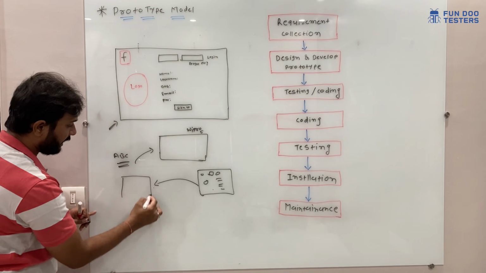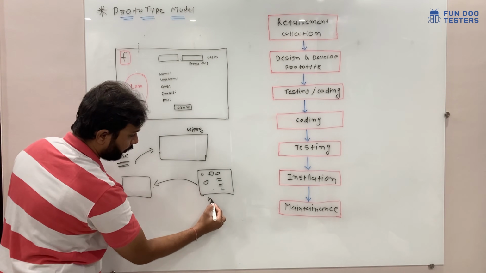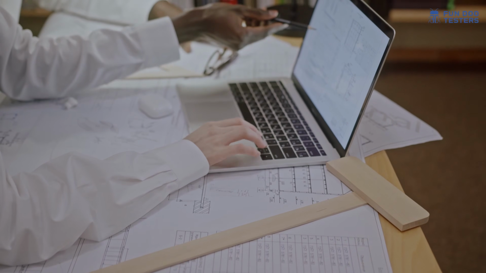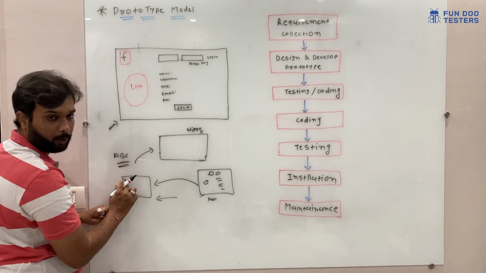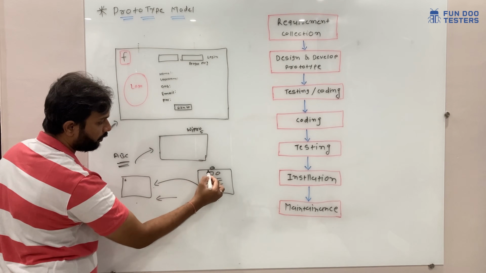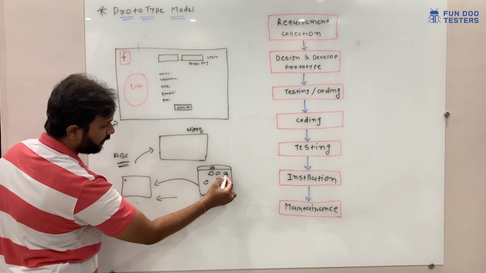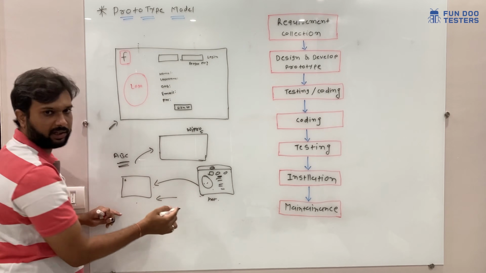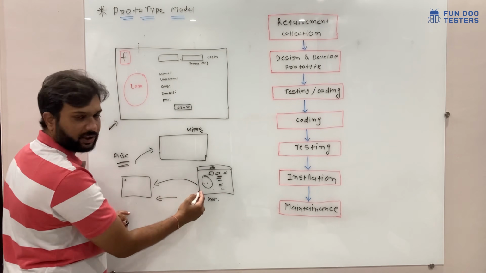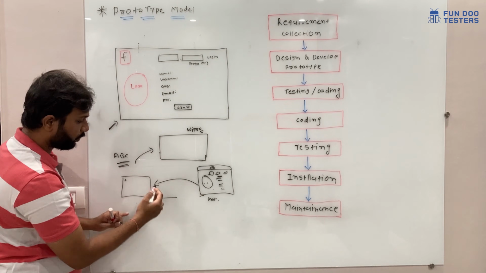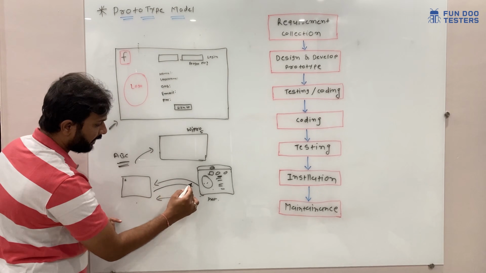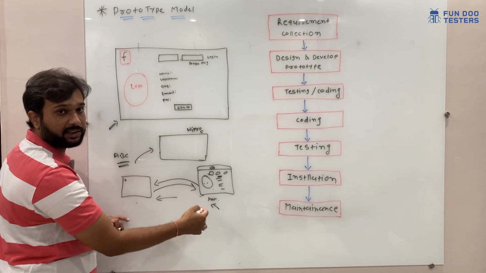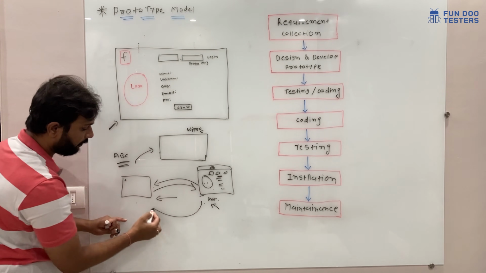Once the client checks this prototype, the client will say, no, here I don't want the logo, place something else. For example, they want to place the logo here, or move the login button here, and change some of the design. After that they may want to change the fonts or anything. Later the client will send a few changes again, and the designer team will change the design. Once the design is ready, they will again send it to the client.